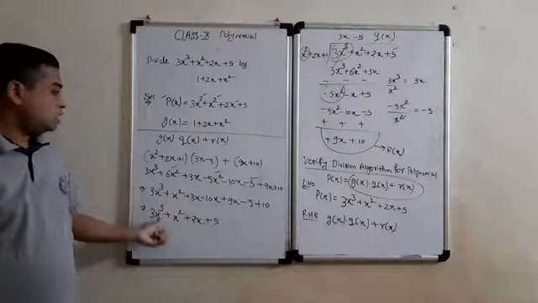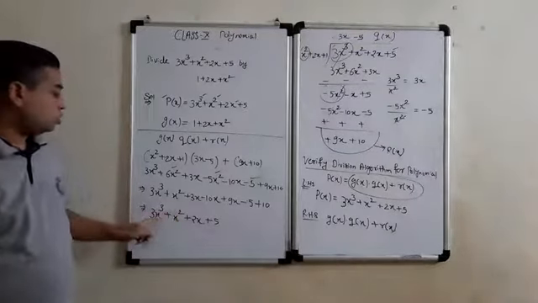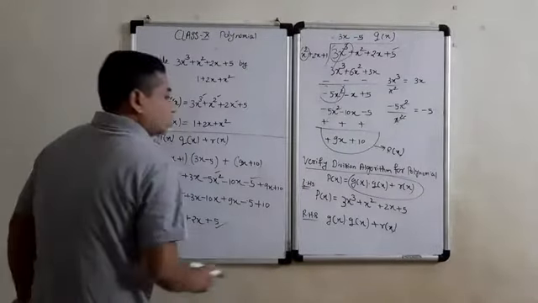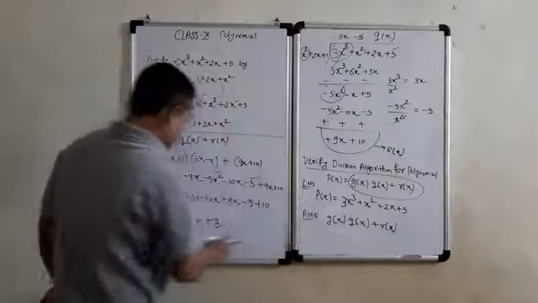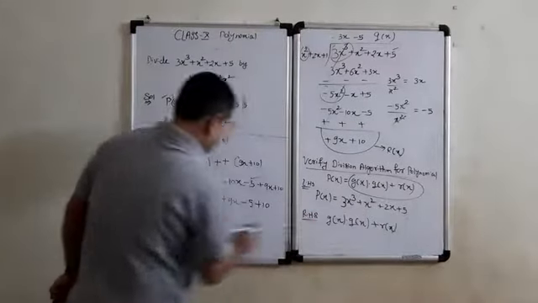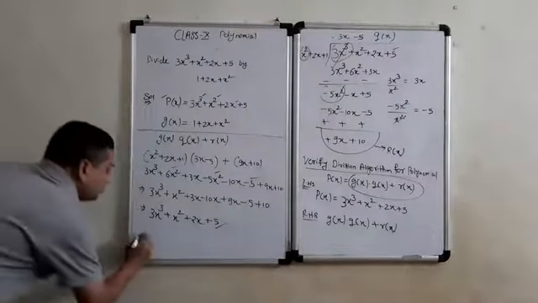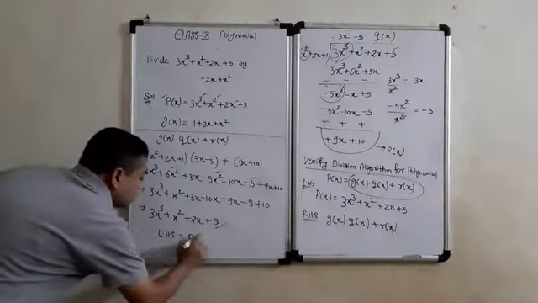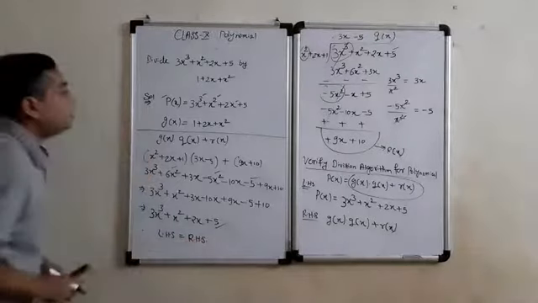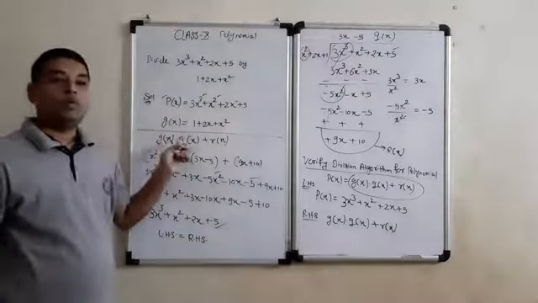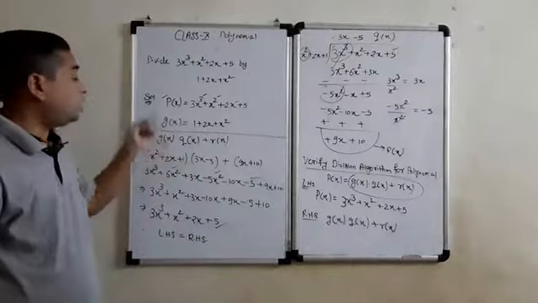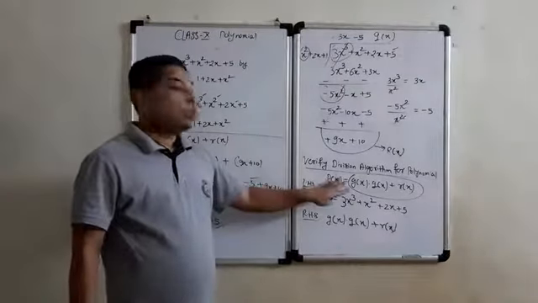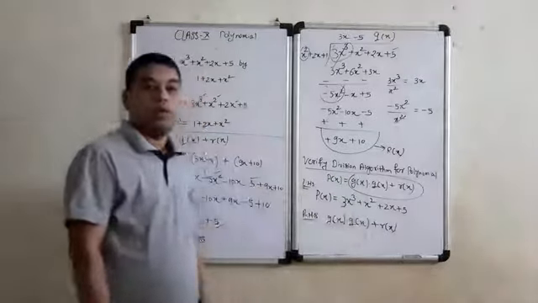So is this equal to P of x or not? Let us check. This is our right hand side, which is equal to 3x cube plus x square plus 2x plus 5. Therefore left hand side is equal to right hand side. So in this way we can divide one polynomial by another polynomial using the long division method, and we can also verify the division algorithm for polynomial.